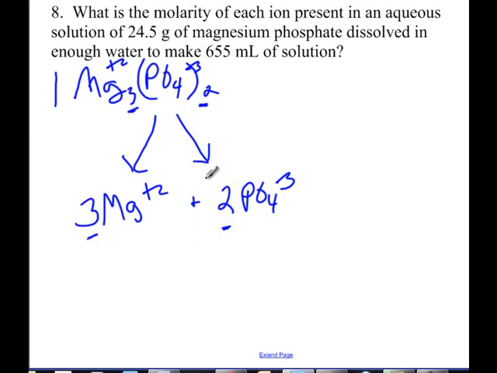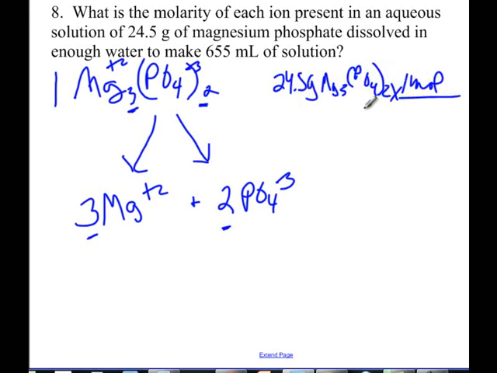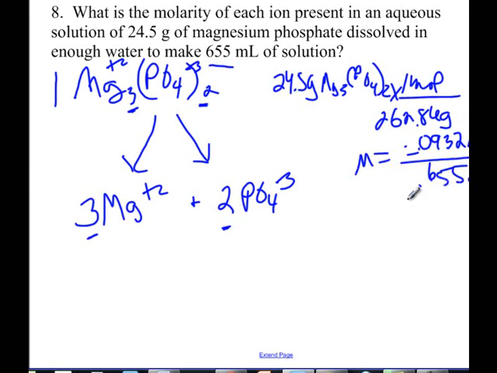So let's first figure out the molarity of this solution. So if I have 24.5 grams of magnesium phosphate, what I know is that 1 mole weighs 262.84 grams. This is going to give me 0.0932 moles of magnesium phosphate. And to get molarity, I can divide those number of moles by my liters, which is 0.655 liters, and I get an answer of 0.142 molar